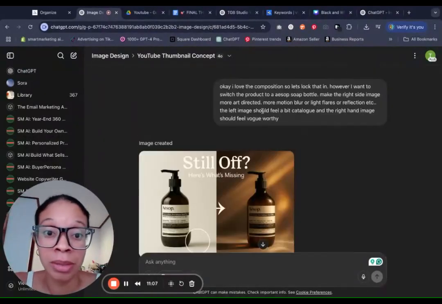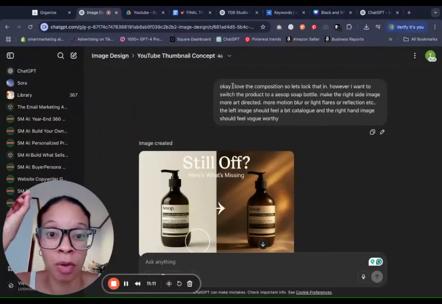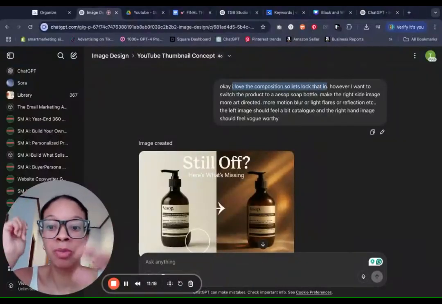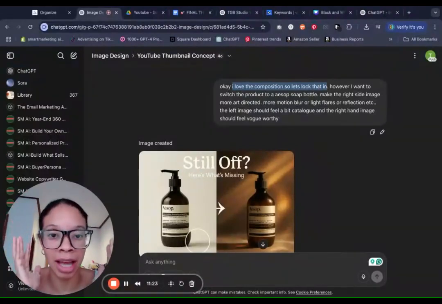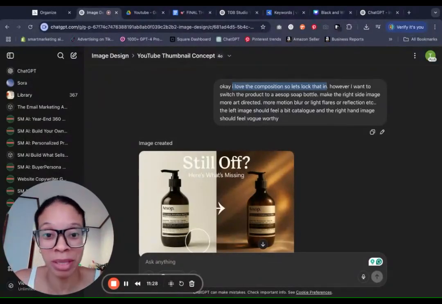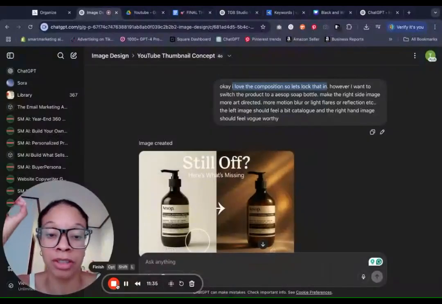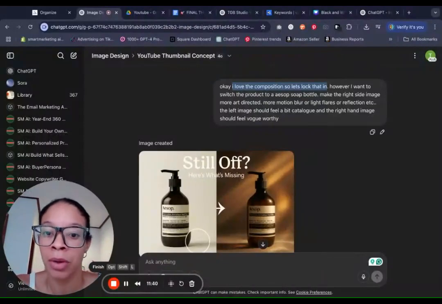Just speaking to ChatGPT, here's another sentence that I found myself utilizing quite a lot. I love this composition, so let's lock that in. It works about 80% of the time, because sometimes you might really like what the image looks like, but you want to change one or two things. So you'll just say, I love this composition, so let's just lock that in. And sometimes it will give you the exact same thing, and sometimes it will change it up. It's the nature of the game, but try that if you're coming across in your chats that it's essentially just creating brand new images every single time when you just want to do a bit